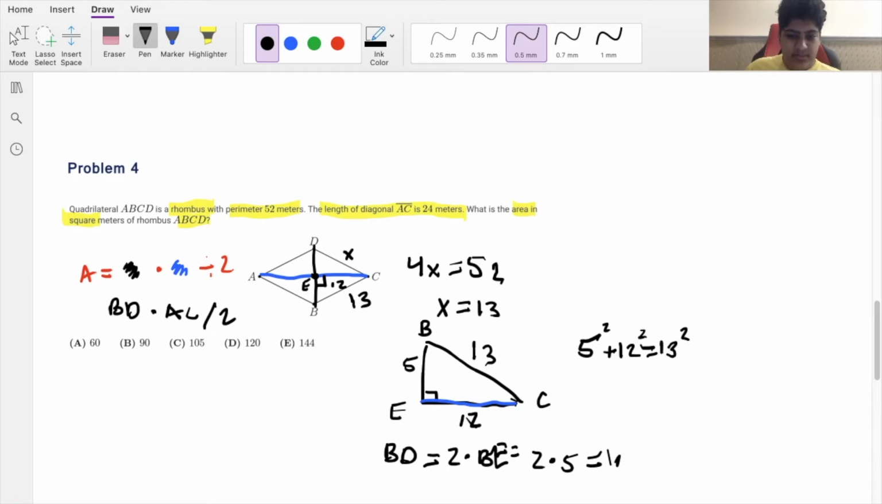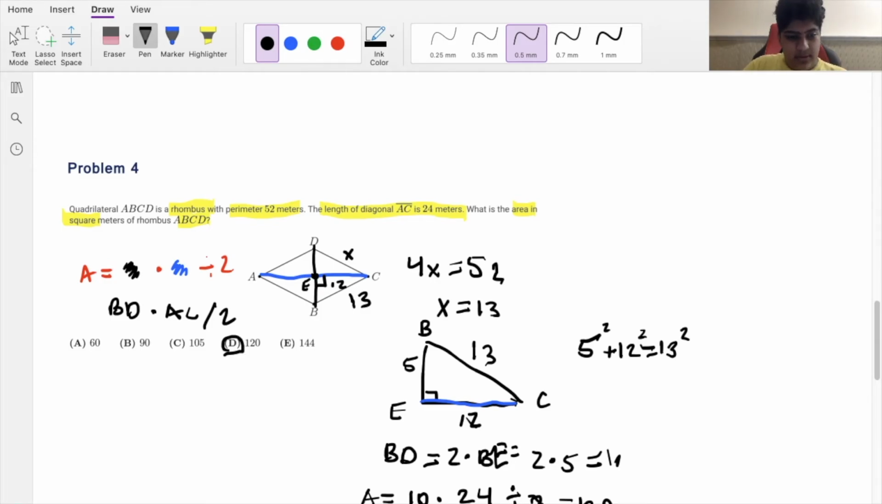The area is just BD, which is 10, times AC. AC, if we remember, is 24. And then we divide by 2. And when you calculate this, this yields 120. When you look back at the answer choices, you see that this is choice D, and we are ready to